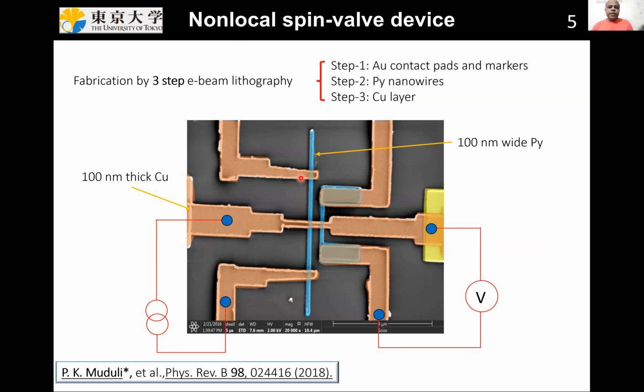And these are some of the outstanding problems in the spintronics community. So how to create a spin current? You can create spin current using a nanoscale device. We call it a non-local spin valve device, and this device looks something like this in this picture.